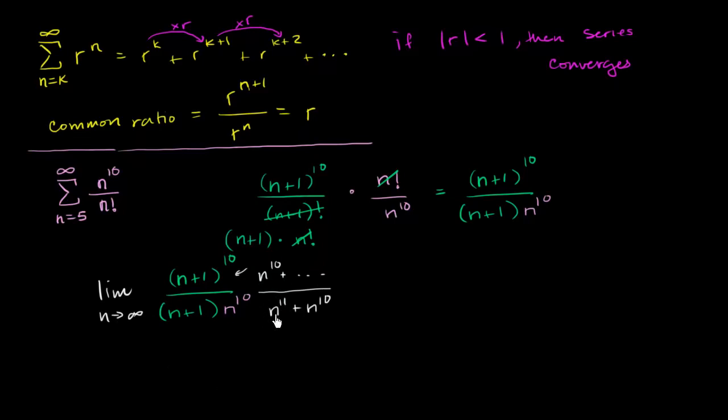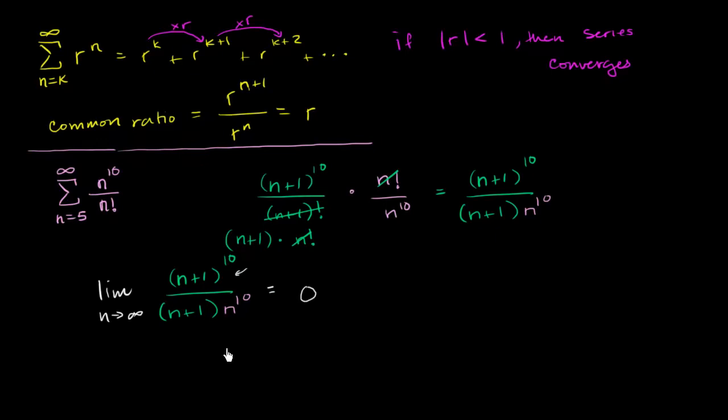You could divide the numerator and denominator by n to the 11th, and everything up here is going to go to 0, and this is going to be 1. And so this limit is going to be equal to 0. As n approaches infinity, the ratio between